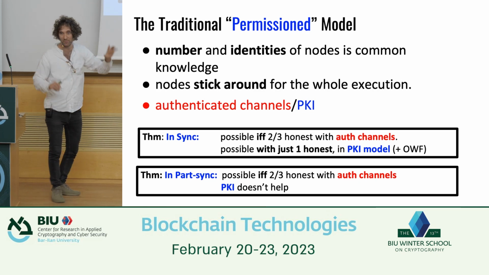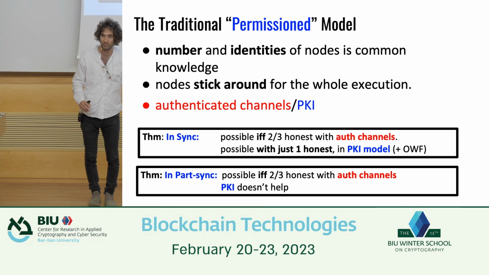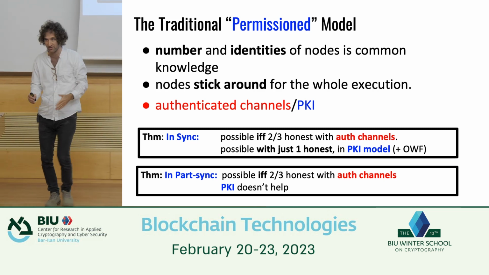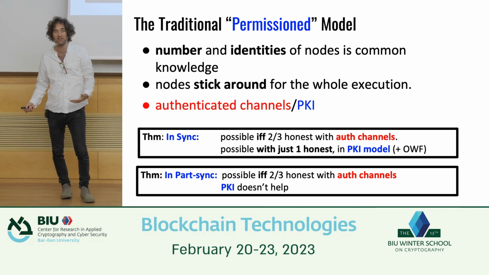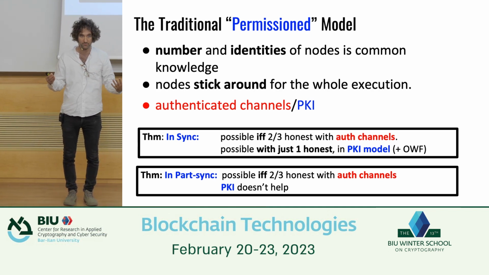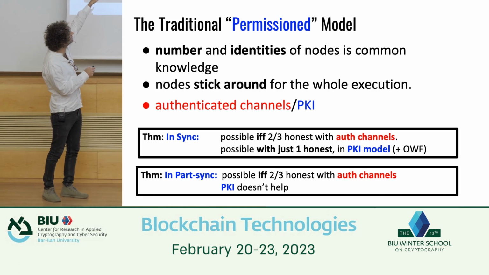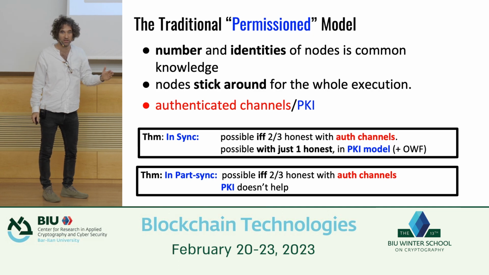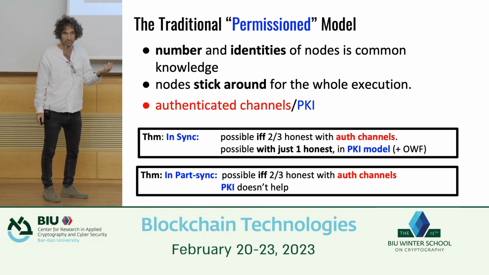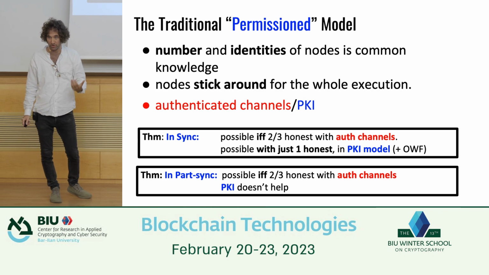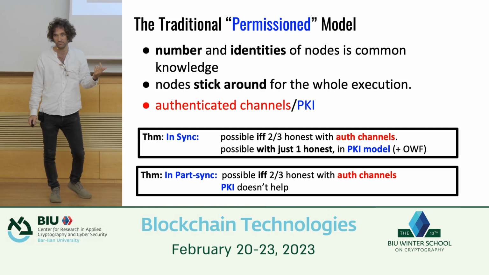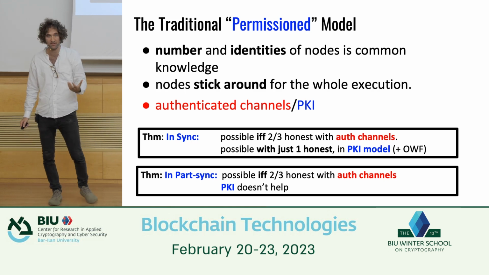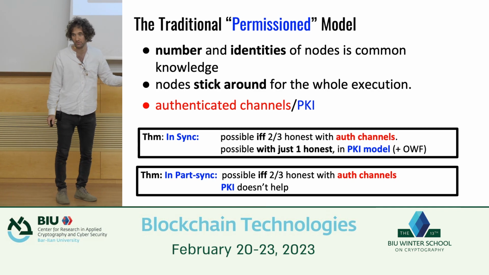So in the synchronous setting, remember we had these two settings. Synchronous means the protocol knows what delta is and depends on it typically. So it works in these lock steps of time delta. And in the partially synchronous setting, the protocol is not aware of what delta is. In a synchronous setting, if you have authenticated channels, you can get a protocol with under 1/3 dishonesty. So if 2/3 of the nodes are honest, you can get a protocol, and that's also necessary. You cannot do better than 2/3. If you have more than 1/3 bad players, then you cannot do it.